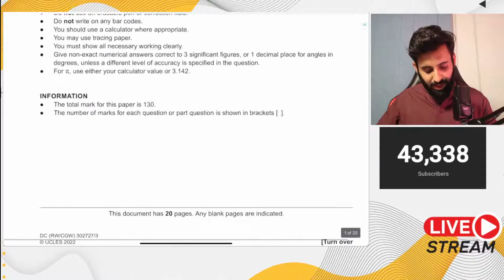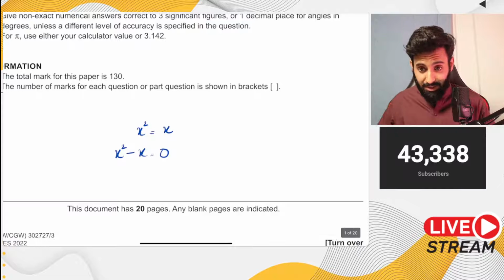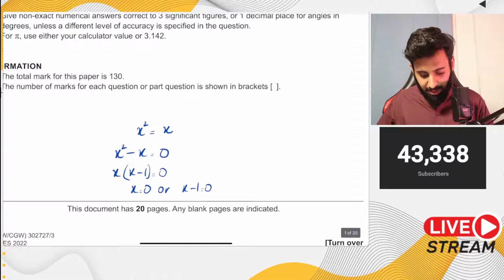Yep, I'll explain. So basically, if x squared equals to x, you shift this over to the left hand side, so it's going to be x squared minus x equals to 0. Alright, then you take x common, so you have x(x minus 1) equals to 0, which means that x equals to 0, or x minus 1 equals to 0, which means that x equals